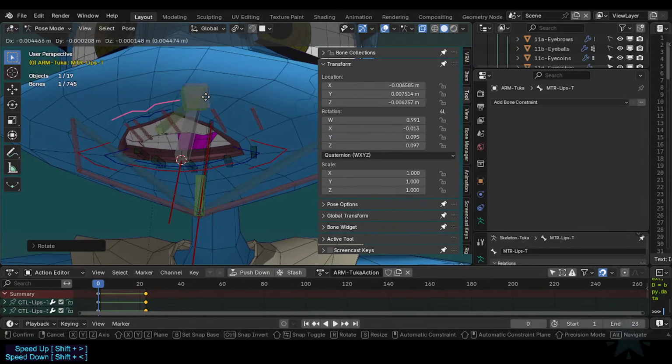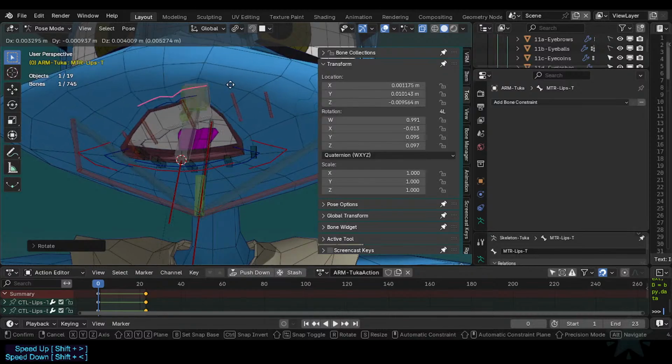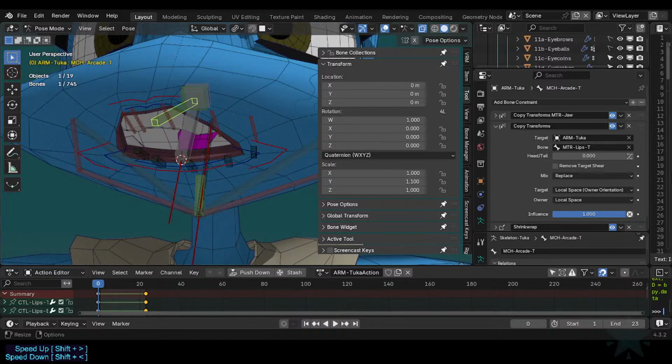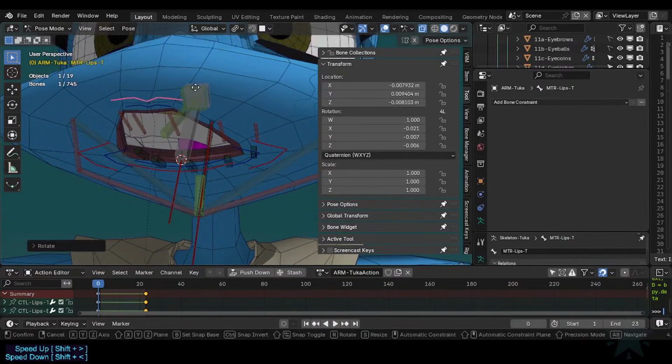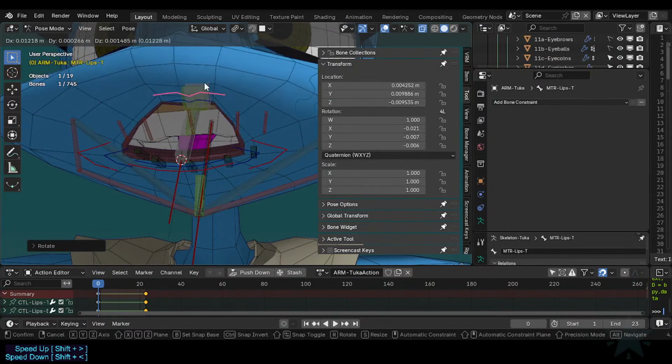The problem is the rotations, isn't it? Almost. Yeah, if we reduce this, let's try